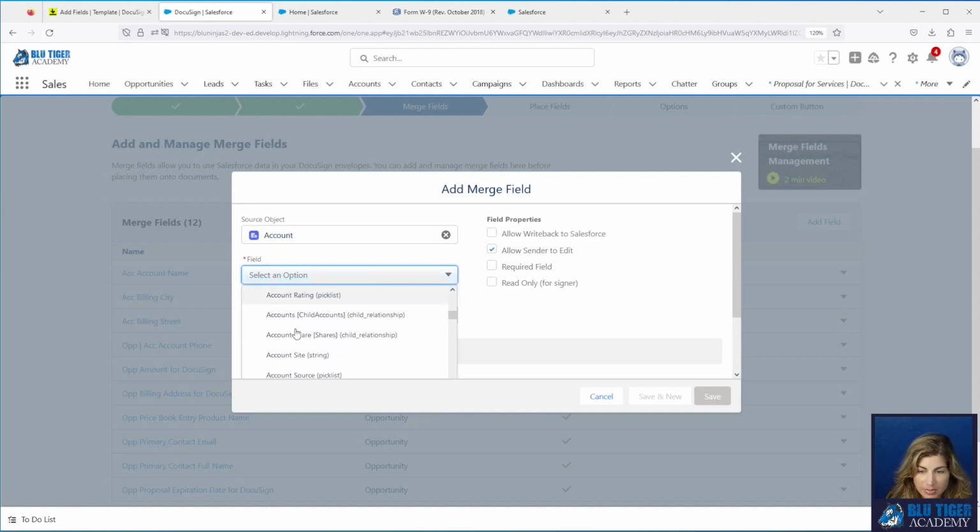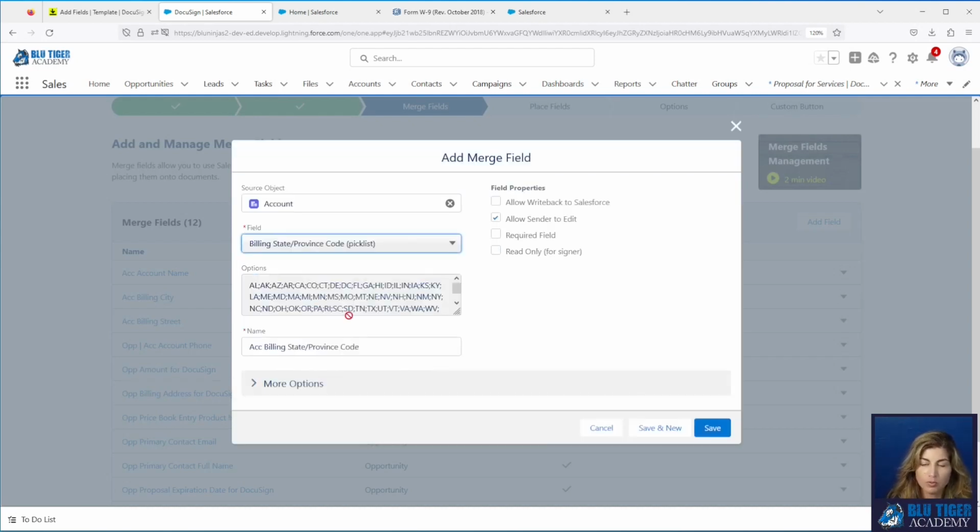Now there's a limitation within DocuSign when it comes to state and country pick lists. As of a couple of months ago, we opened a ticket with DocuSign and they confirmed this. If you have all states and all countries visible within your state and country pick list, you will be able to see all states and all countries in your drop downs if you put these drop downs on a DocuSign template. There's no dependency between the state and country pick list fields in DocuSign. If a user selects the United States, they will still see every single state that you have shown as visible in your state and country pick list.